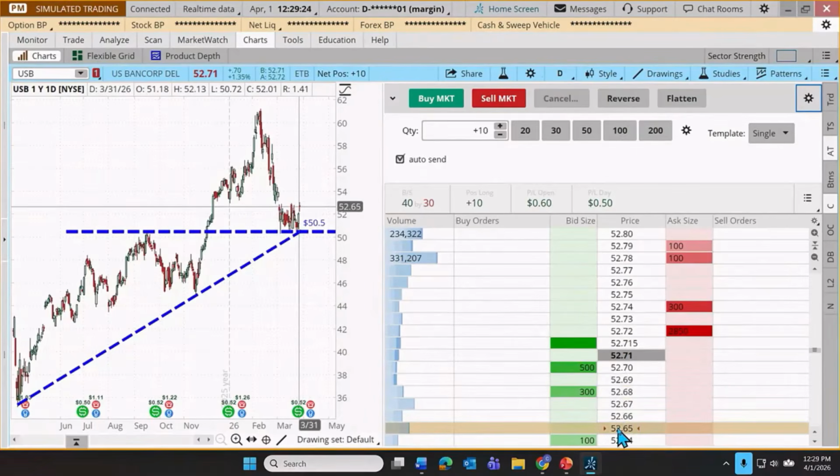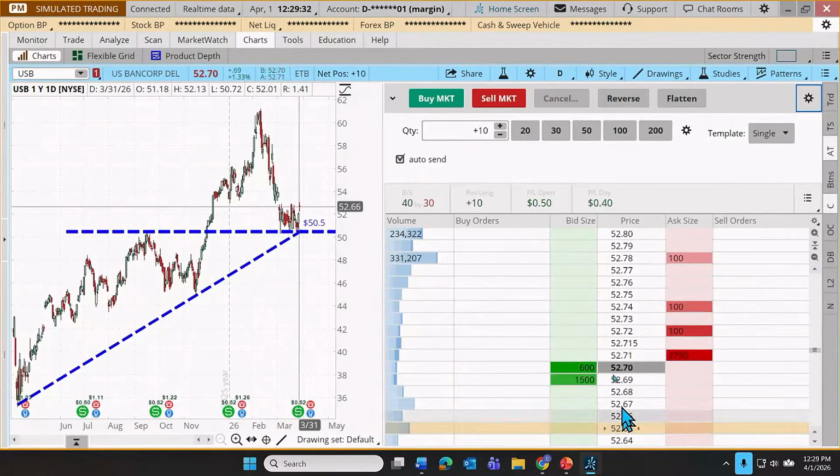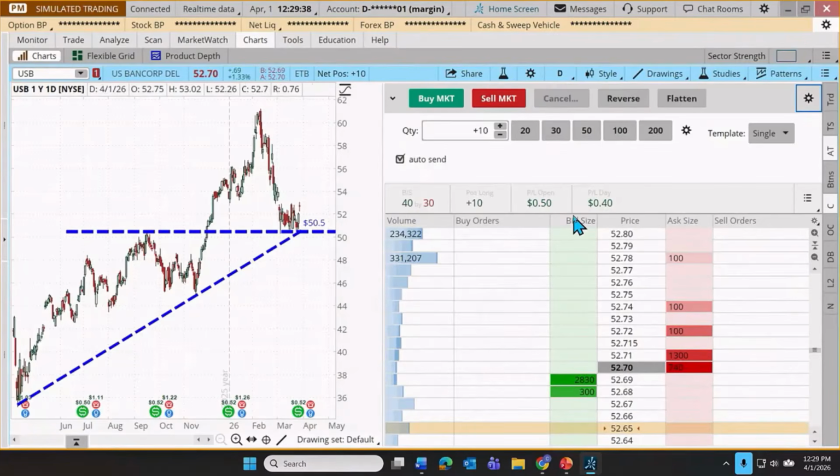Well, what do we call that? That's known as a limit order, a buy limit order, when we want to buy at a certain price or lower. So if we're below the current price and I come over here, you'll notice as I point at the bid, it's preparing to enter a limit order for me.